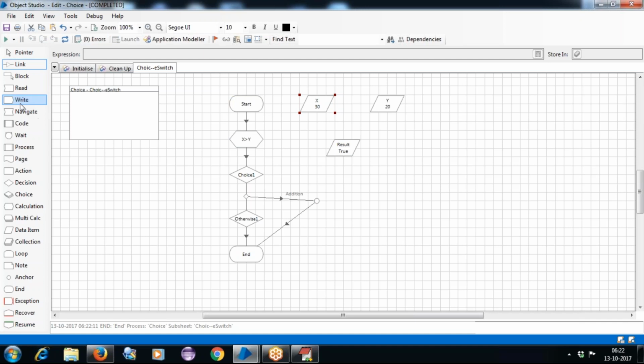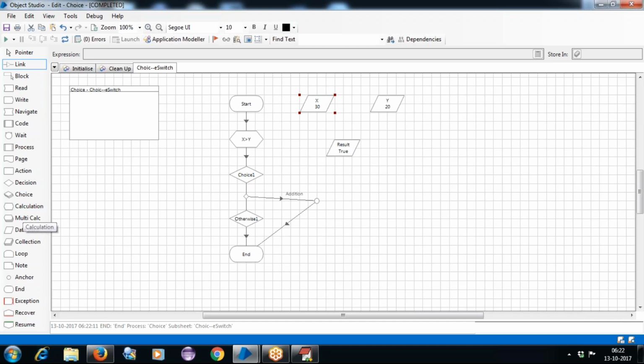For example, assume that you are writing a program to check whether a user has passed or failed. In case the user has passed, this is the statement to be printed, or if the user has failed, this is the statement we need to print here. So then you can take the choice stage here. If I'm taking the choice stage, it is similar to your switch statement only. Whenever we are working with the switch statement, it will take the respective activities here. Okay, now this is how we need to work with the different stages.